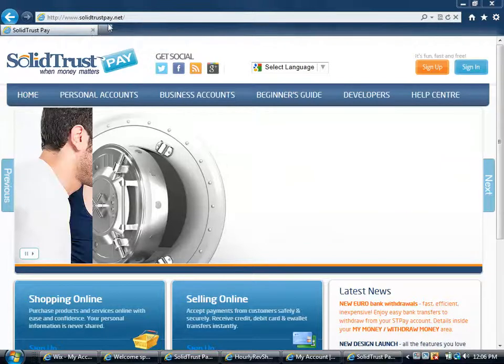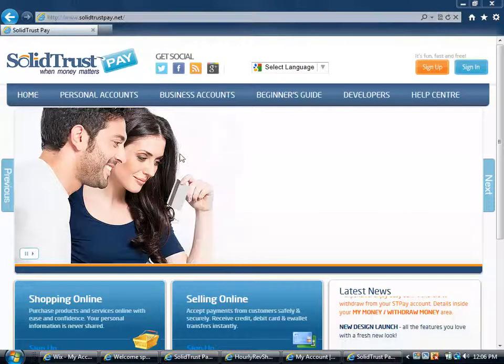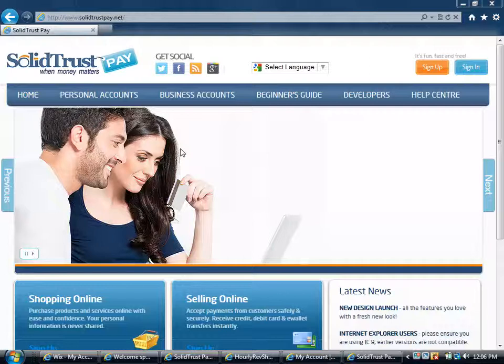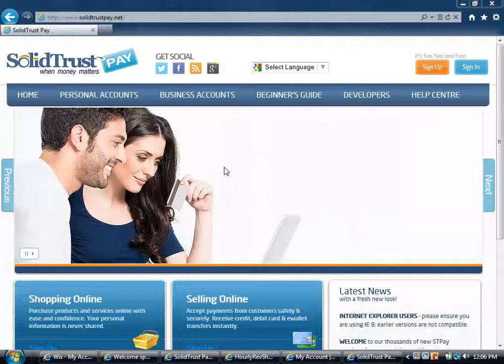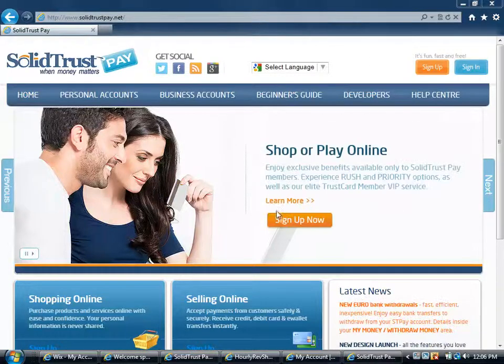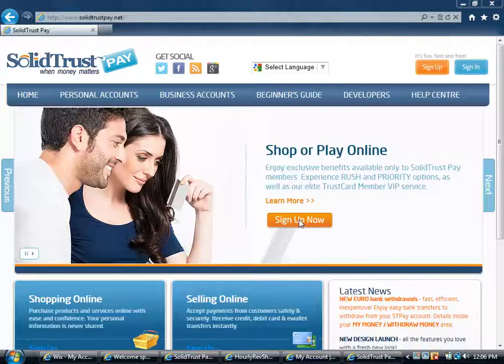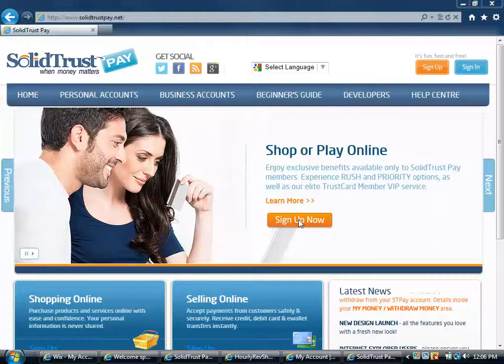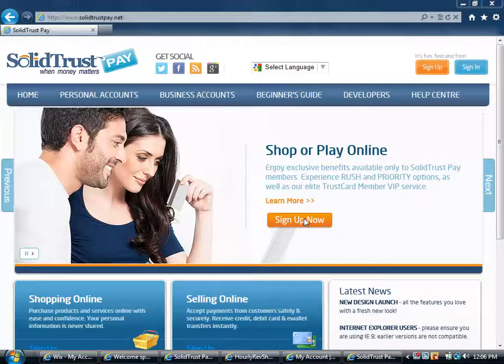www.solidtrustpay.net. That's the first thing. The second thing is that you want to click on sign up. Okay, right here, this button right here, sign up now. So you click on that, and it's going to open up here, and we're going to fill out several fields,